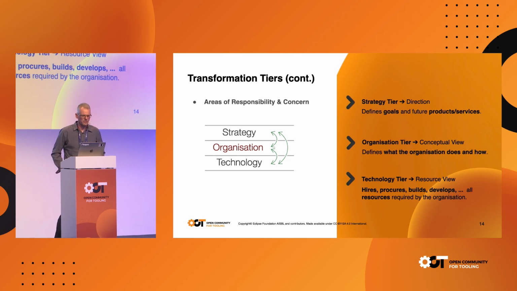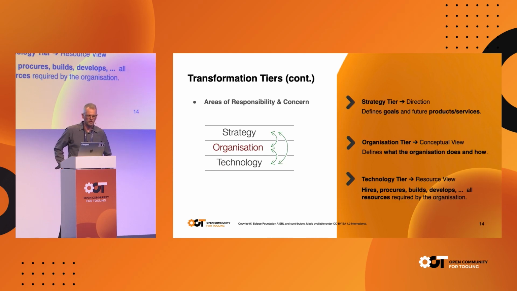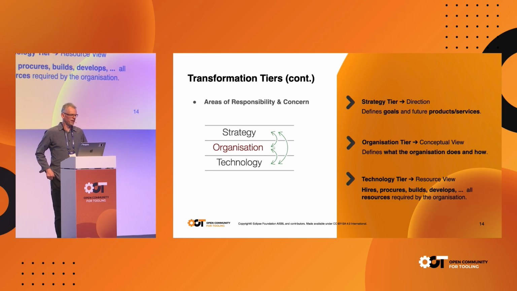The second are the transformation tiers that we already saw before. So let's look beyond an IT system and give some structure to digital transformations. These are three areas of responsibility and concern: strategy, organization, and technology. And I'm not hinting for a moment that these have to be followed as sequential transformation activities. They actually depend on one another mutually. It doesn't make sense to define a strategy for which technology does not exist, is too risky, or too expensive. And I can give you examples for all other dependencies too.